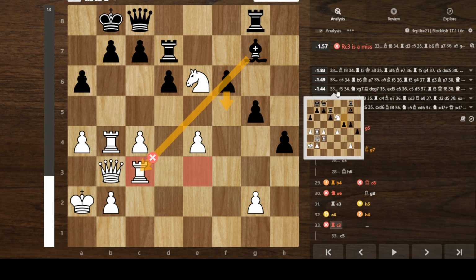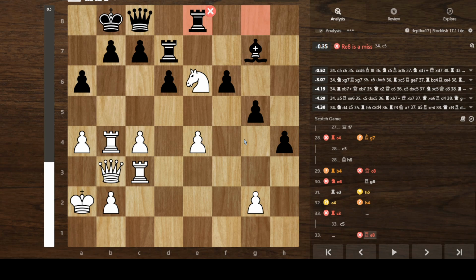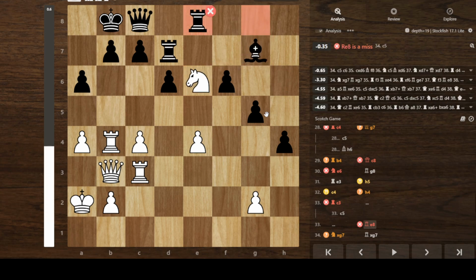F5 is the third best move, so that discovery is pretty strong. Now we have rook to e8 attacking the knight, and knight takes the bishop. This is a huge mistake by white, in my opinion, because, in fact, the only good move here for